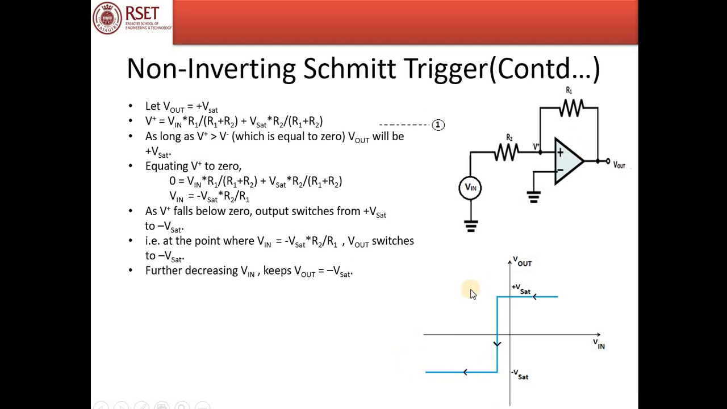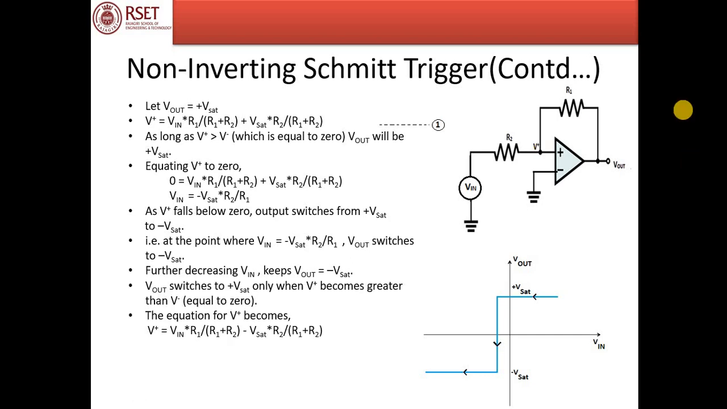Now, when will the output switch back to plus Vsat? When V plus becomes greater than 0. What is the value of V plus now? The output is minus Vsat. So the equation for V plus changes to V input into R1 by R1 plus R2 minus Vsat into R2 by R1 plus R2. This is the value of the voltage at the non-inverting terminal now,